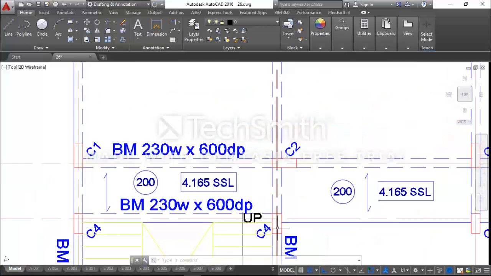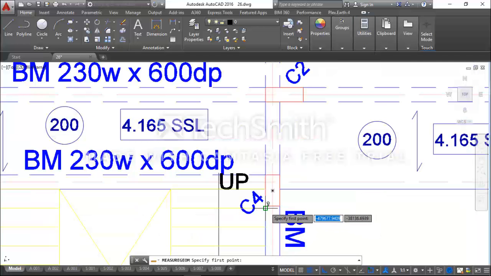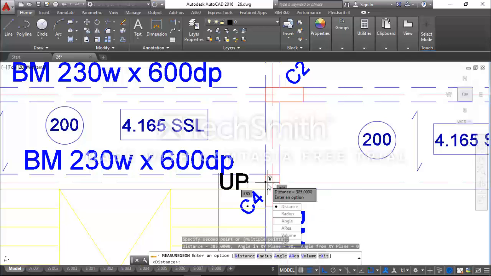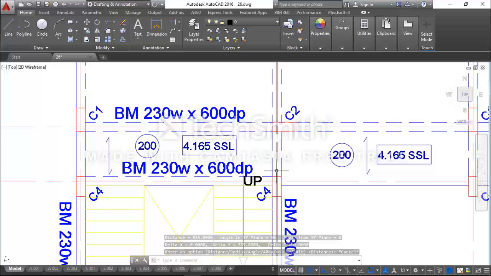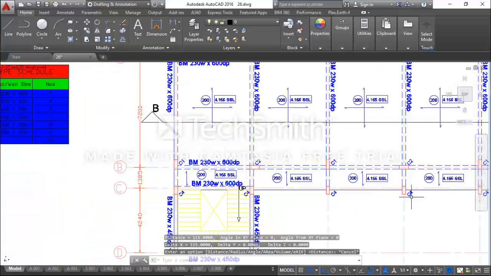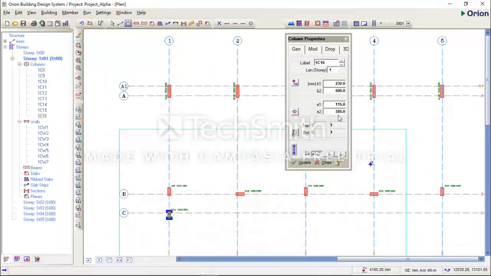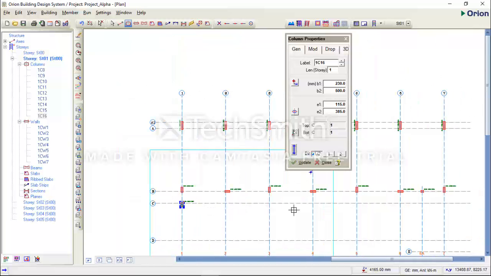At C2, it's also C4, and you see that they have the same E1 and E2 values. E1 is 115, E2 is 385. Let me measure E2: 385. It's a C4 column, so the dimensions are the same. We measure E1: E1 is 115. So they are all C4 and they have the same E1 and E2 parameters. I'll minimize this so I can enter this for all the columns along C